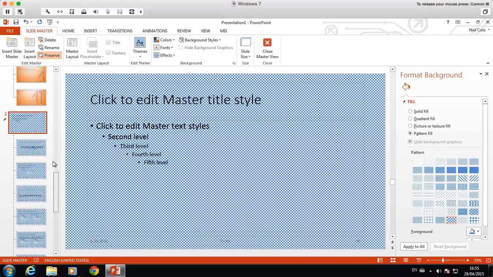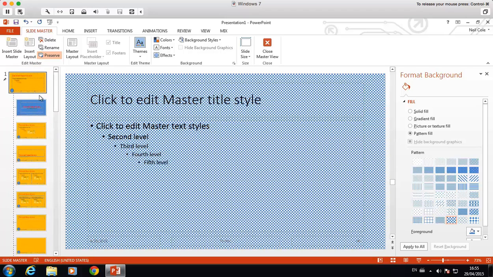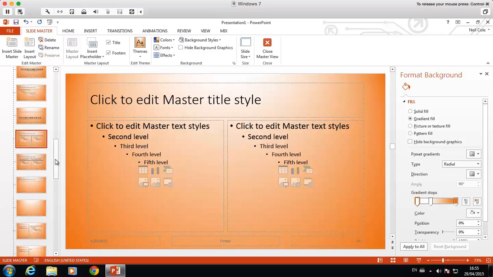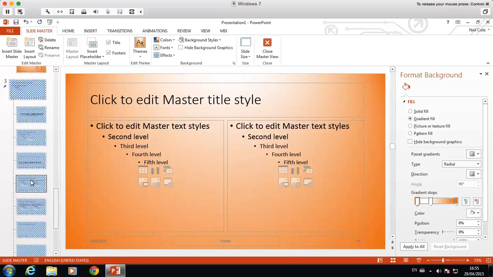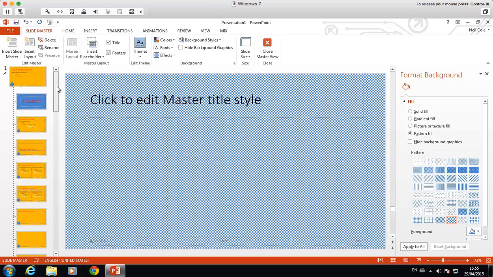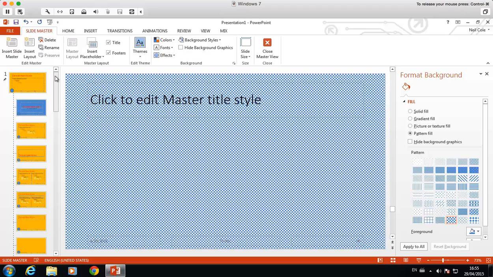You'd be expected on each of these layouts to change some fonts and change your background colours, but as long as we've got some clear differences between all three, and that you've utilised some of the consistency tools, that should be perfectly fine. So if we now close the master view,